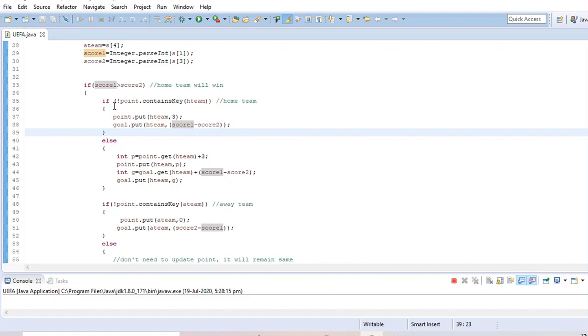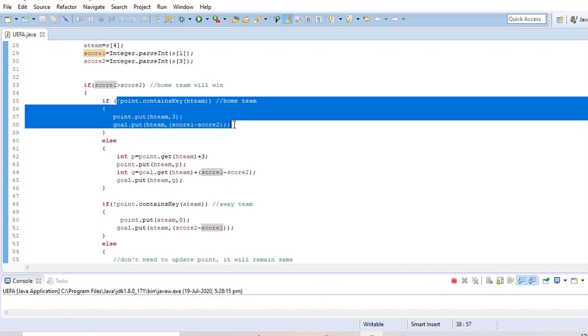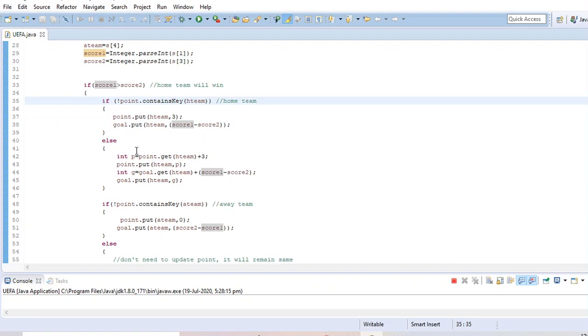Else, if this team's name is already present in the hash table, in that case I take an integer p where I increase the previous point. I use get to have the value.